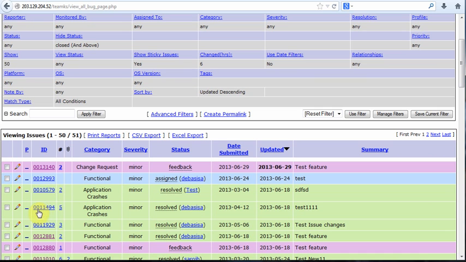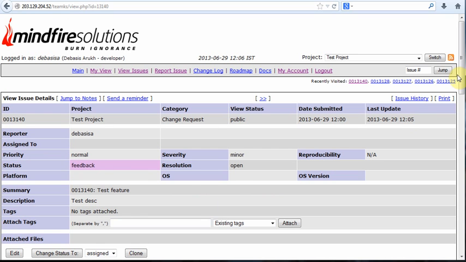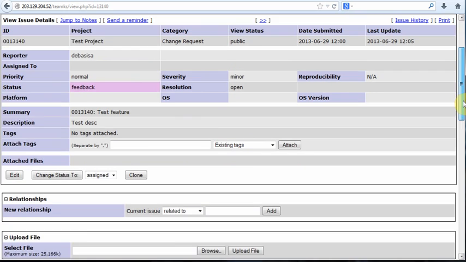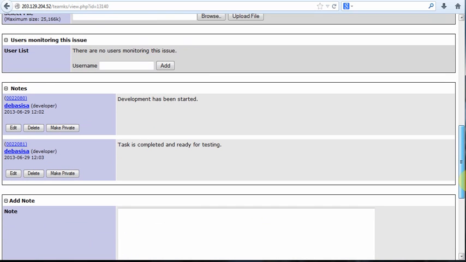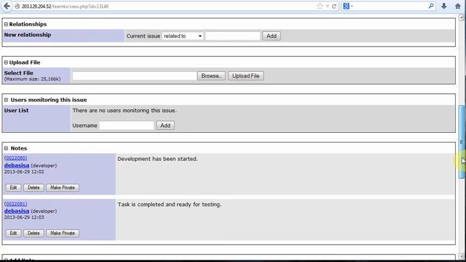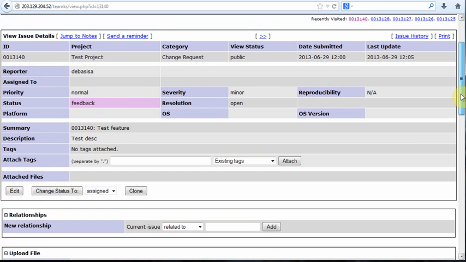After that he will go to that particular ID and open it, and he will see that this is the feature assigned by the developer for him to test, and there may be some additional info. He will test those. Suppose the developer has added a feature like a form, and the functionality added is form submission. During testing, if he gets direct issues, let's say the submit functionality is not working,